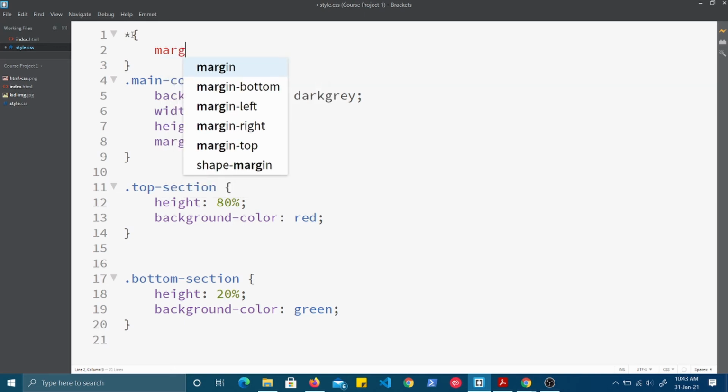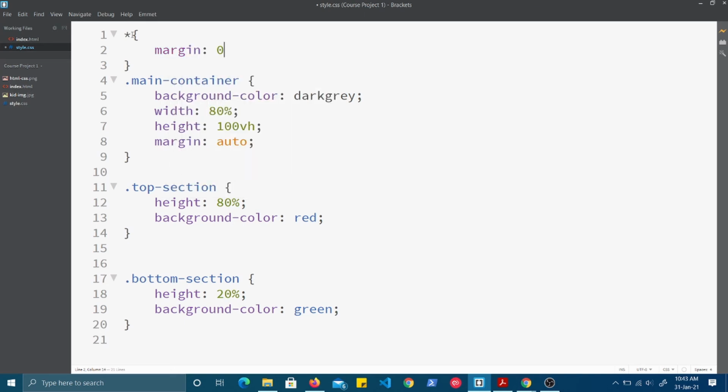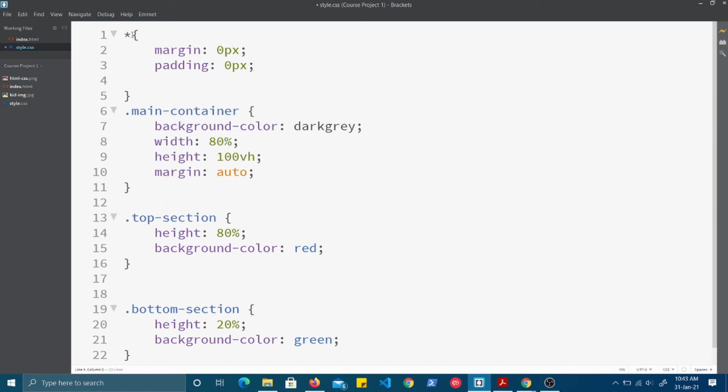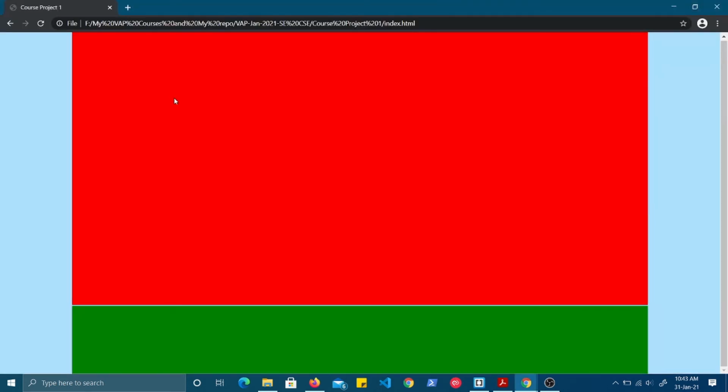So here what we do, we reset the margin to 0, then we reset the padding to 0, and we give the box sizing as border box. We have learned why we should give the border box, because the height or width will be up till the border, whatever we specify. Otherwise it will include the padding also and border size also when you give the height and width. That we don't want. So when we do that, again now see, we have removed that white space, there is no white space.